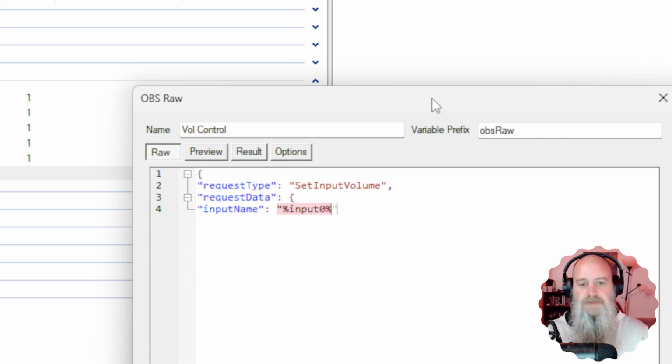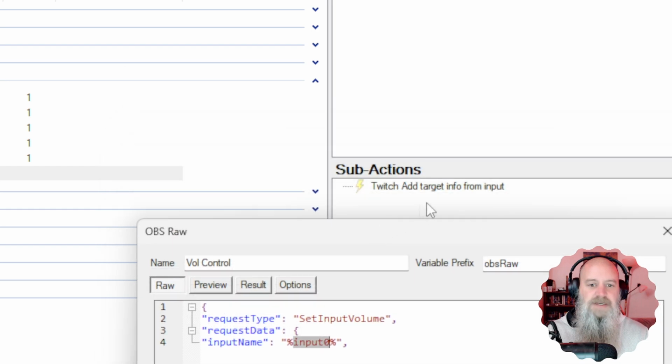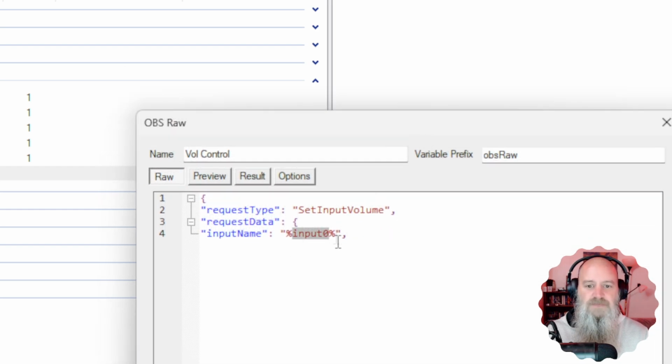And then we're going to close out our string and give it a comma to let it know, yes, there is still more coming. So basically what the input0 here is saying is that whatever is input in this chat message, the very first word after the command is what's going to be populated here. And in this case, it's the input name or the name of your audio device that we're taking control of